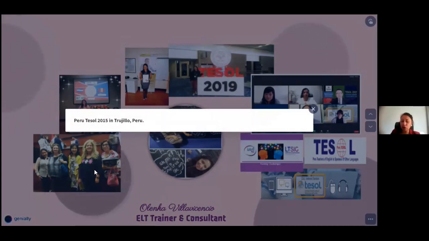I started in 2009 with Peru TESOL, when I traveled to the jungle to Tarapoto. It was my first time, very young. As I told you before, at first I was very afraid, and I admired people from different parts of the world, and I learned a lot from them. So one advantage and one piece of advice is please go to different webinars, conferences, something that you admire, go and learn at the same time.